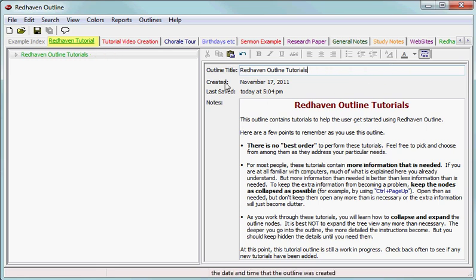The second is the created, and this shows the date that this whole outline file was created, not the node but the whole file, when it was last saved, today at 5:04 p.m. and any notes you want. And this section here is a rich edit memo. So you can, for example,